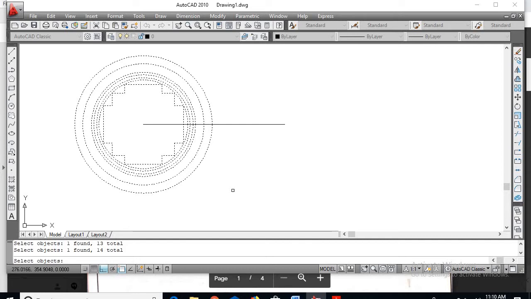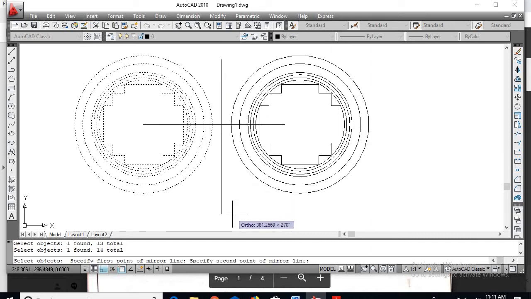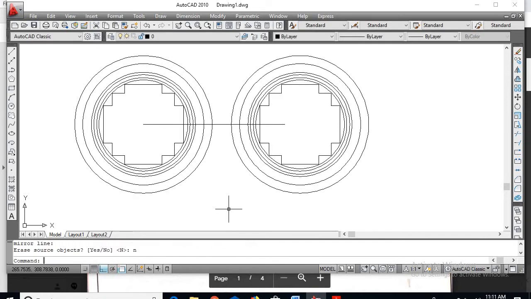Now enter. So first point of the mirror, we take the midpoint here. So click one point here, click another point here, say no, enter. Okay. So I don't think it is the middle. Okay, fine. So Control Z.